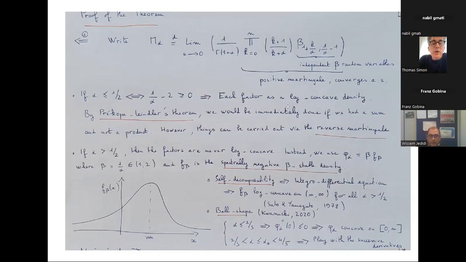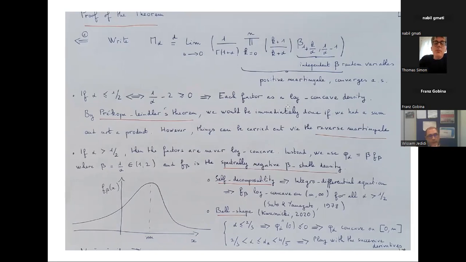And so if you consider the case where alpha is smaller than 2/3, then you know that the second derivative at 0 is negative. If it is negative, it should stay negative up to the mode by the bell-shaped property, because the second derivative is also negative at the mode. And then it is positive. And at the beginning, it is positive. So between 2 points where the second derivative is negative, it is always negative. Again, I insist that it is not at all trivial for stable densities, but it is true. And so if it is concave, it is log concave.